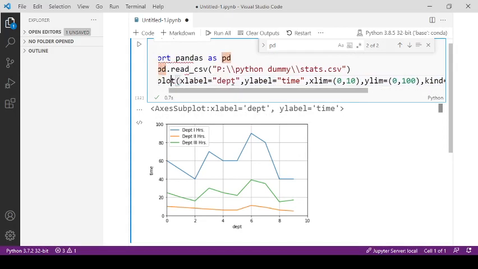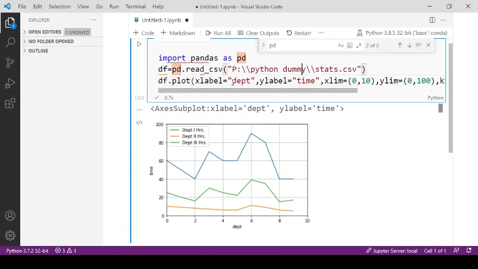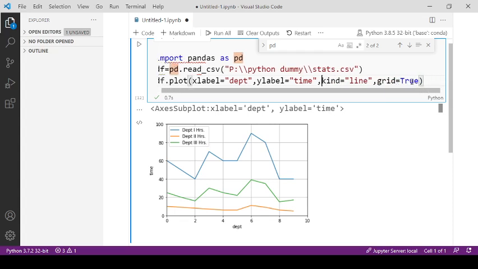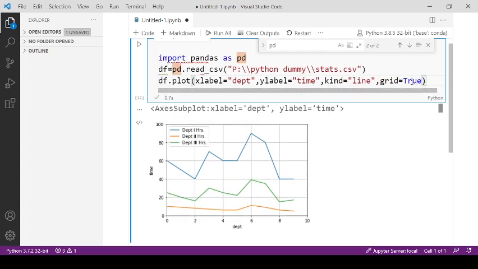Now you know how to plot data on different graphs. We have this parameter, kind, and we need to specify the values according to our requirement, and it takes different values. So far we have discussed the xlabel parameter, ylabel parameter. We have also seen how to show a grid on the graph using the grid parameter. By default its value is false.